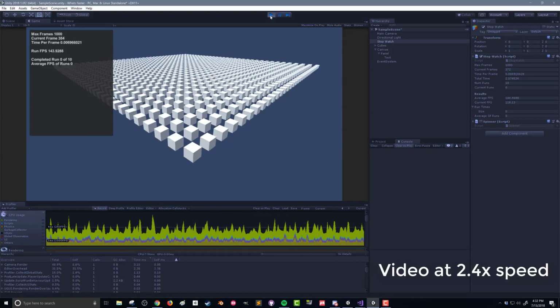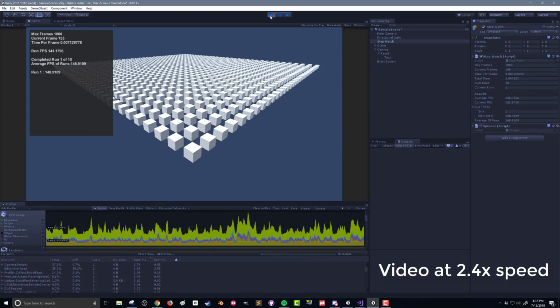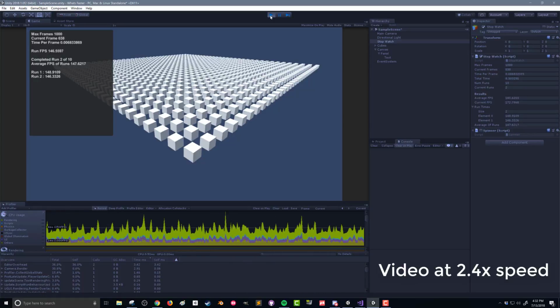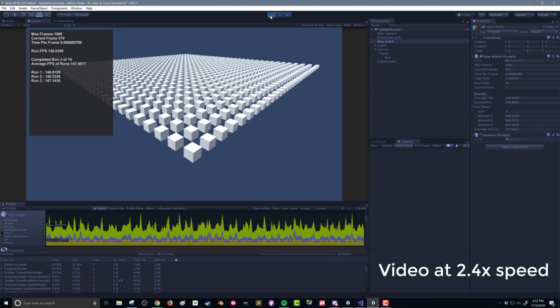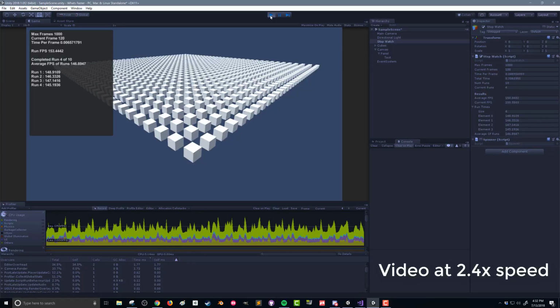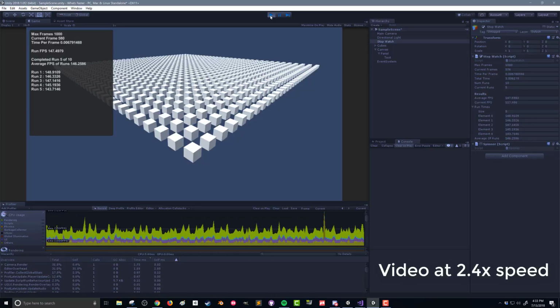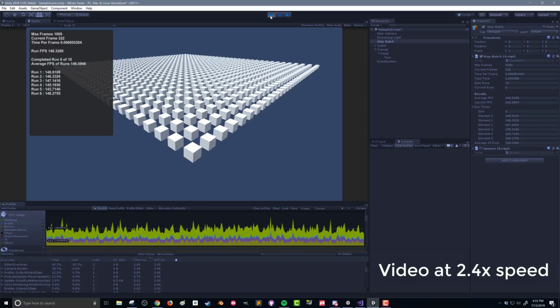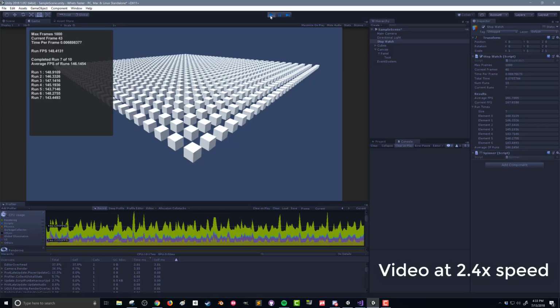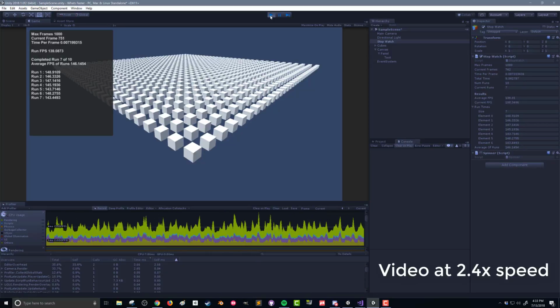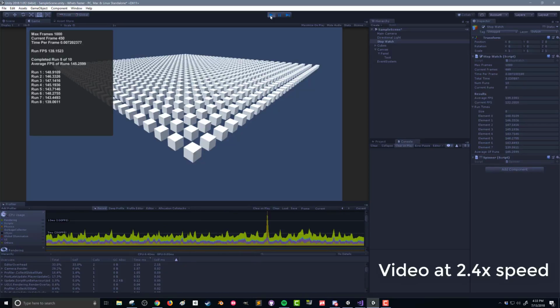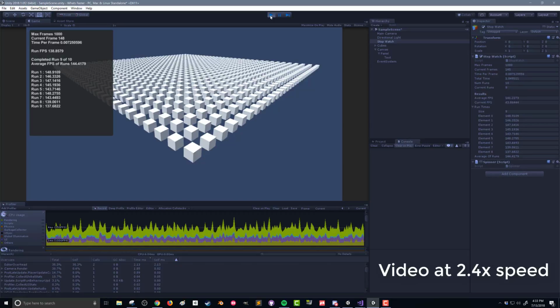So first, let's start the testing with no script getting called. So here we have just the scene with the cubes, and it's running with no updates going on. There's nothing spinning the cubes. And I'm just doing this for a baseline test. So no surprise here, we're sitting in the 140, 150 FPS range. And once again, I lost about 40 or 50 FPS on all the tests across the board simply by having the video capture running. After 10 runs of this, what we see is we have an average FPS of 143,